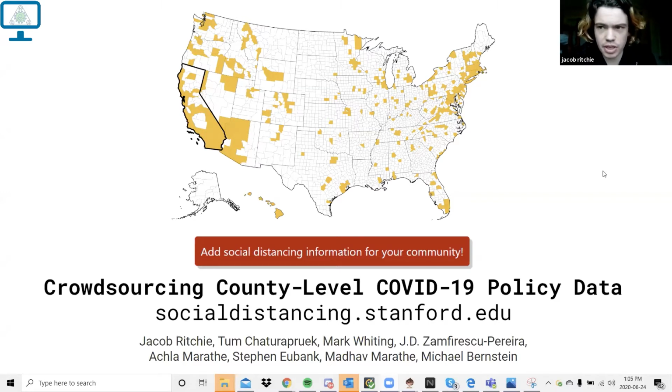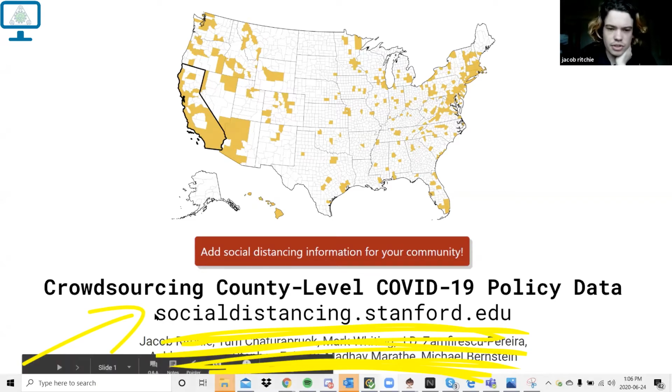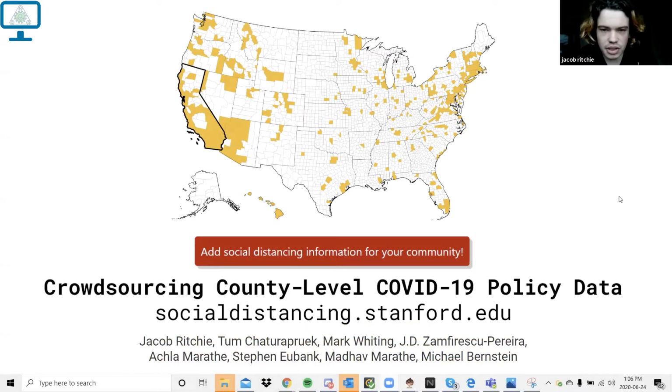the group. This will be just sort of a high-level overview, so it may have duplicate information for Stephen and Madhav, but hopefully this will give everyone a sense of the data we've been collecting and hopefully give you ideas for how you might use it in your own parts of the project. So if you want, you can go right now to socialdistancing.stanford.edu, which is where we have links both to the data set and